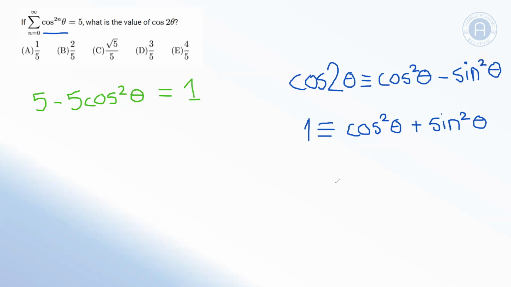So if I rearrange this second identity, we can get that sine squared theta is equal to 1 minus cos squared theta. And if I substitute that into my identity for cos 2 theta, we will get